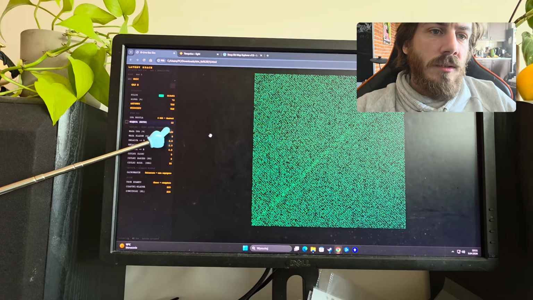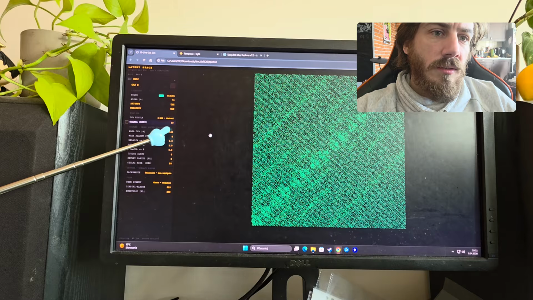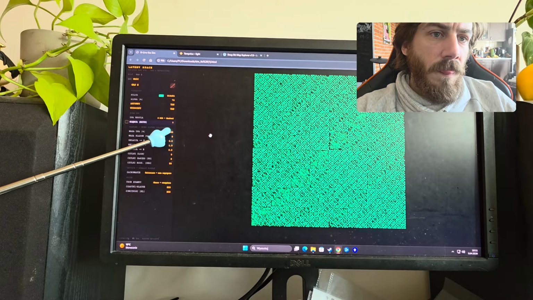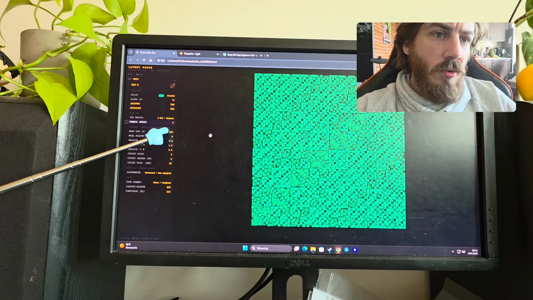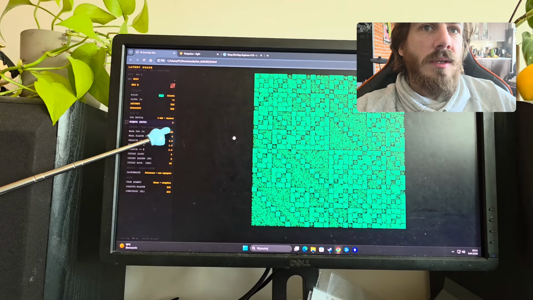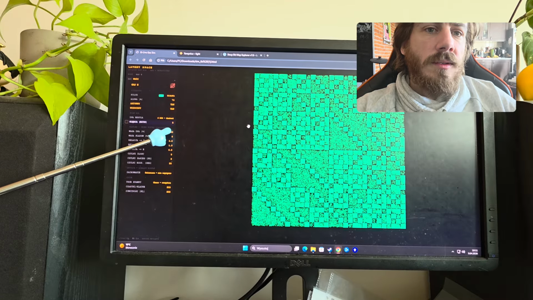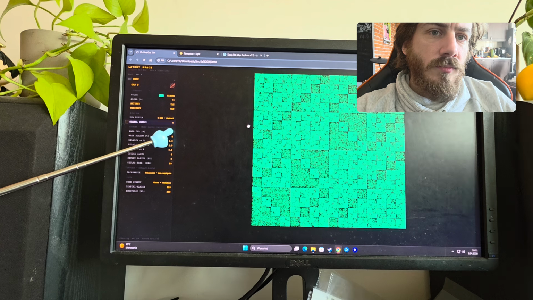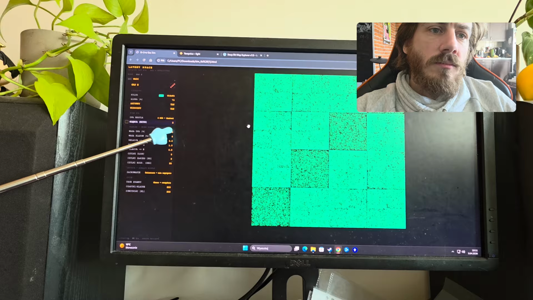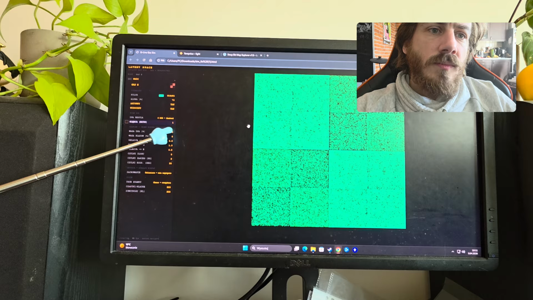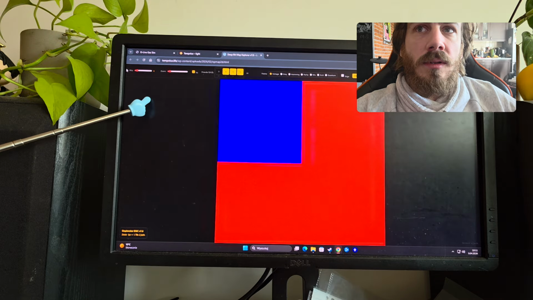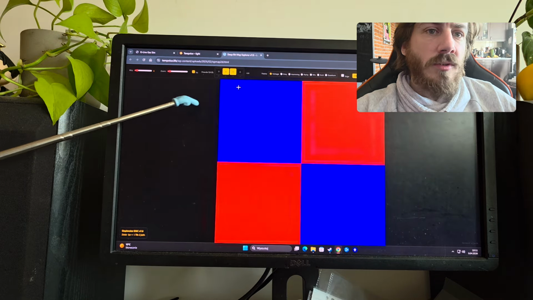So I'll change that, and you'll see as I go lower on the resolution, you start to see more and more of an actual pattern on lower bits. And this is the 1-bit XOR map, and the 1-bit XOR map looks like this.